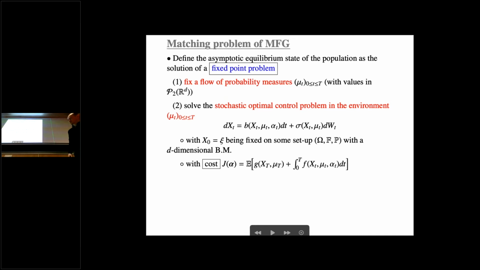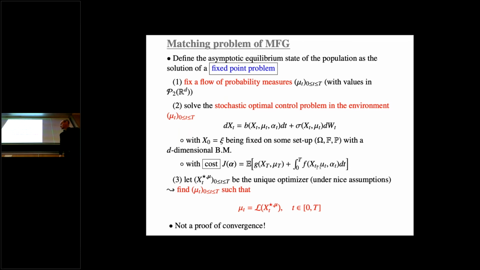And in my cost, I see the potential interaction or the potential energy with the rest of the population. And this is described by means of this mu t. So I have G of mu t and F of mu t. Once again, this mu t is not the law of X. This is my candidate for being the equilibrium. And this is the way I describe the state of the population. And I say, okay, what does Nash say? Nash says that given mu t, I should minimize. I am given the states of the others. What I want to do is to minimize my own cost.